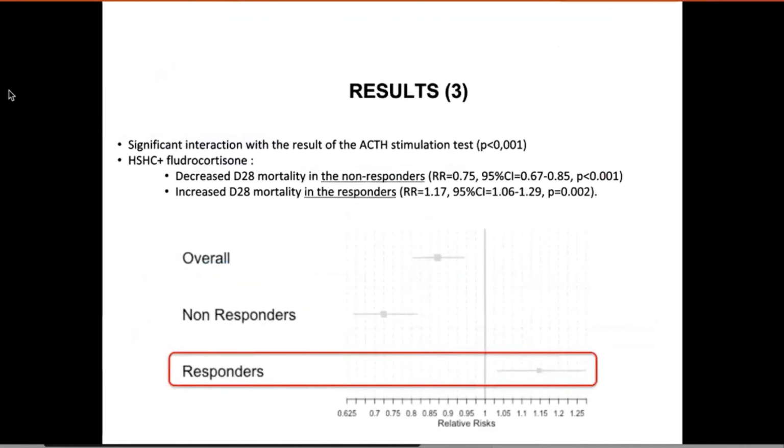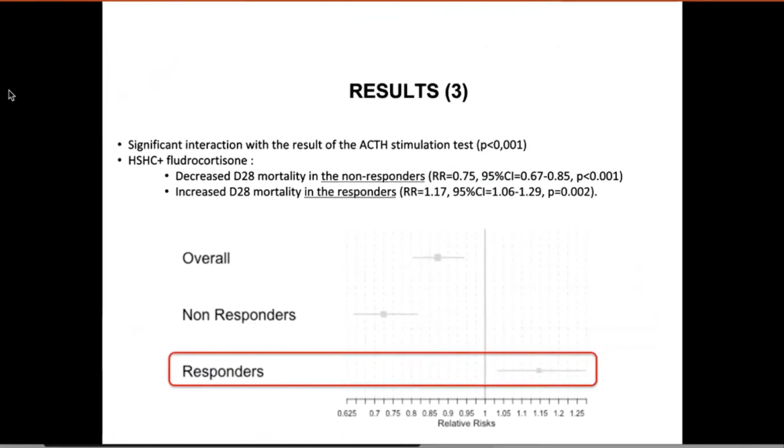The other thing that we wanted to explore, to see whether there was some heterogeneity that we could learn from, was a biomarker test that is meant to detect sensitivity to steroids. Unfortunately, this test was not made available in all the studies, but in the 3 studies that we used for this particular project, we had access to the result of this test. And the very interesting result here, highlighted in red, is that the people called responders to this test... sorry, it's a little counterintuitive. People who are called responders are not supposed to respond to the treatment. They're responsive to the test, but not supposed to respond to the treatment, which is exactly what we saw here,